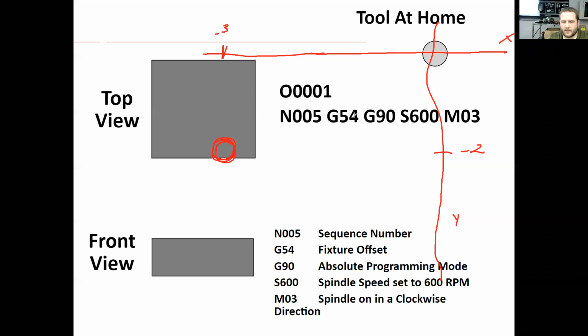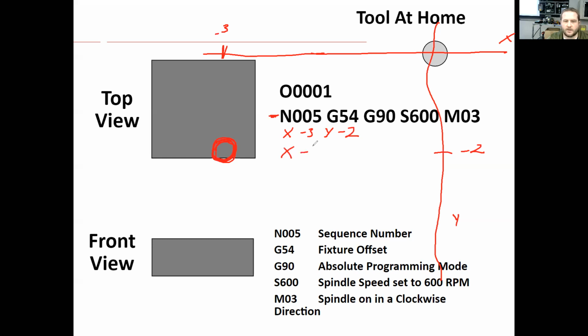And this is not going to be correct. There's other codes that we have to put in there. But the first move in this line was X minus 3, Y minus 2, right? Now we're here. We told it in this line that we're doing absolute, which means if I then go